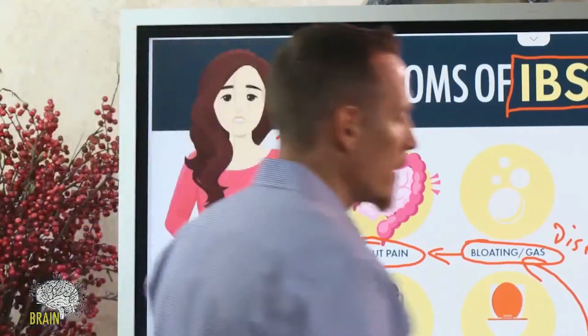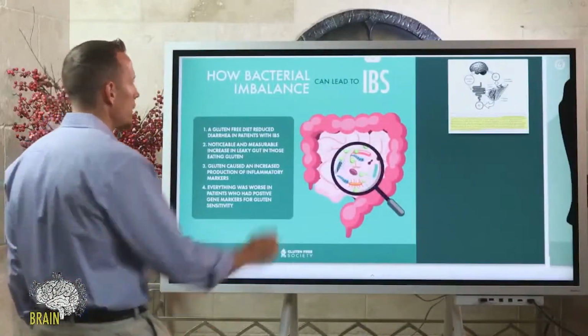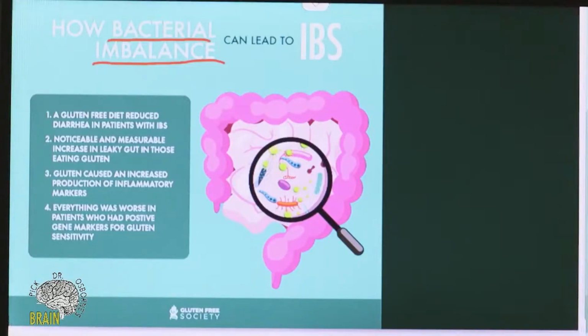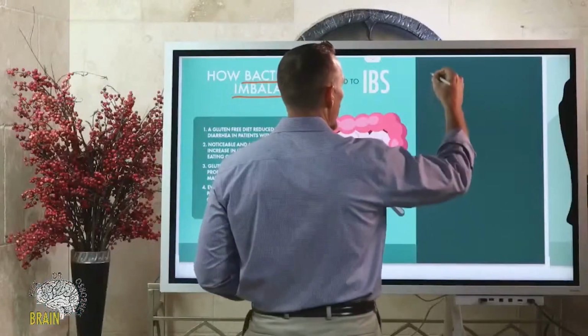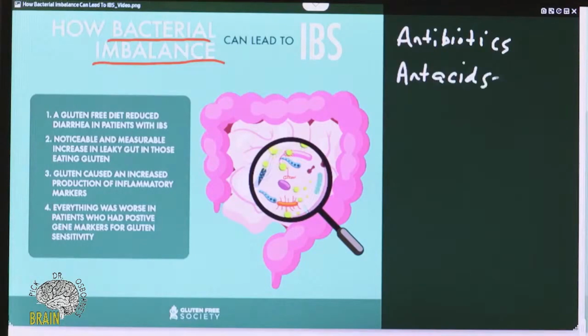So what are those things that can irritate the bowel? Well, one of those things that can irritate the bowel is bacterial imbalance. Okay, so not having the right types of bacteria. So how could this happen? How could the bowels be irritated by an imbalance in the type of flora? Well, one of the big ways, let's change colors again, is through the chronicity of antibiotic use. Okay, another way would be antacids. These are drugs that commonly alter the pH. Let me do that right.